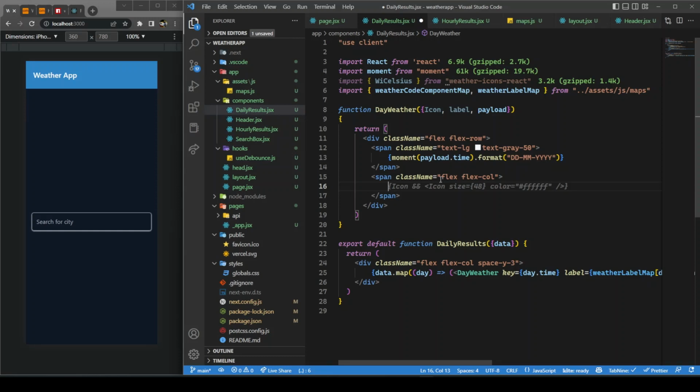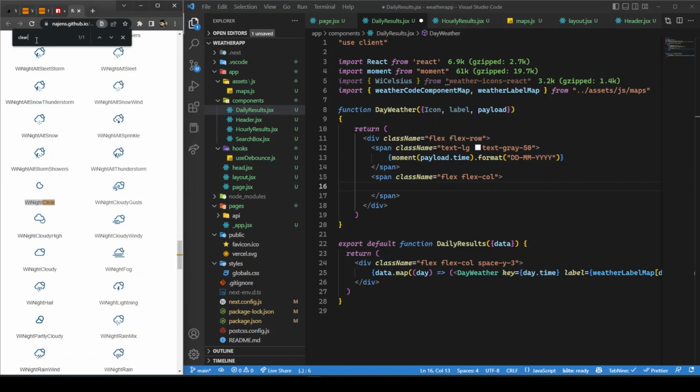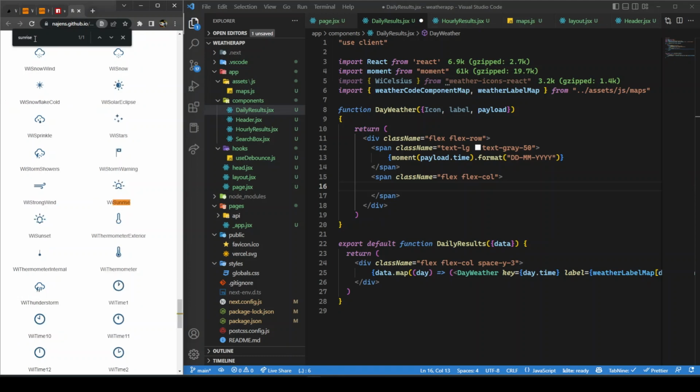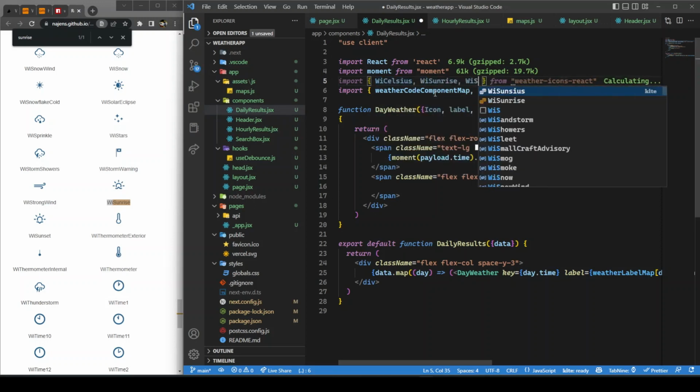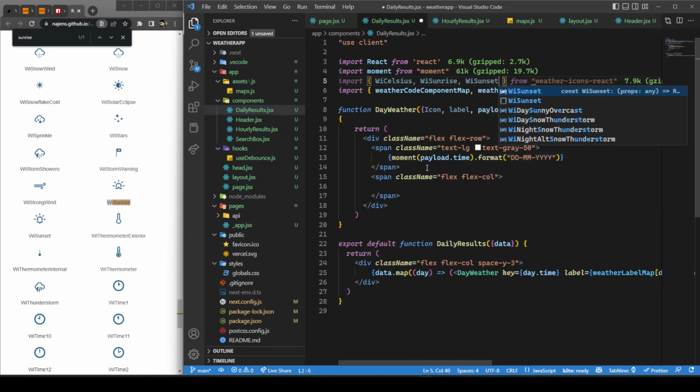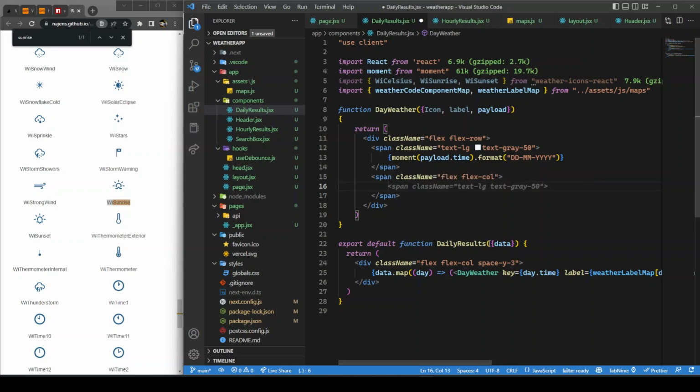Now let me see if we have an icon for that here. We should have it. Let's see, sunrise. Okay, we have sunrise and there is sunset. Perfect. So let's take these two icons. So this will be from here, and we will need one for sunset. Sunset, perfect. Now, okay, so for the icons, that will be the weather code icon. We will deal with that later. So let's put the